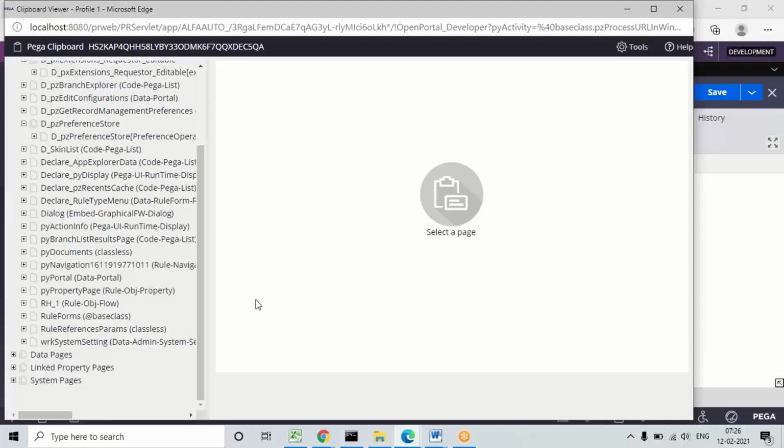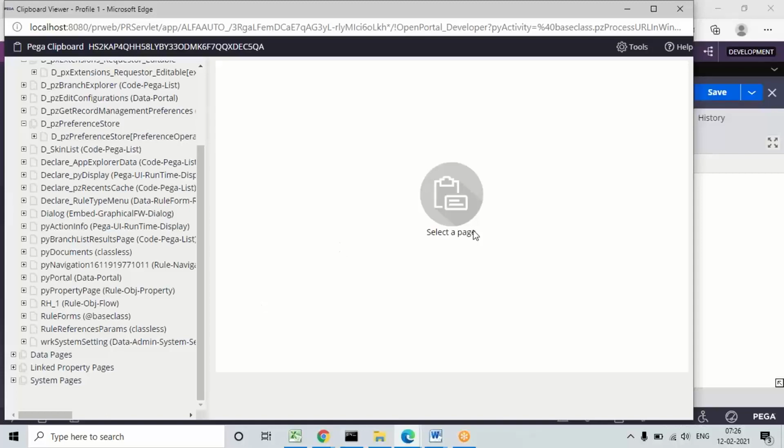If you are executing, only you can check your execution data. If someone else is in his system and executes the flow, his ID will be different and he can check his data like that. Only the latest transaction data they can view in the clipboard, not the previous and past transactions.